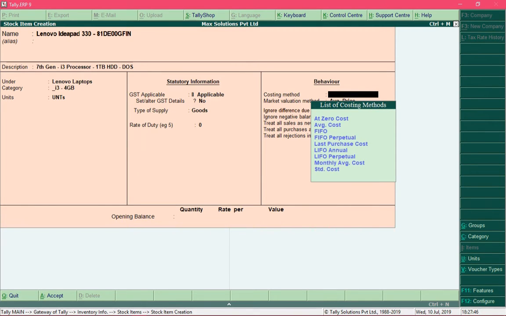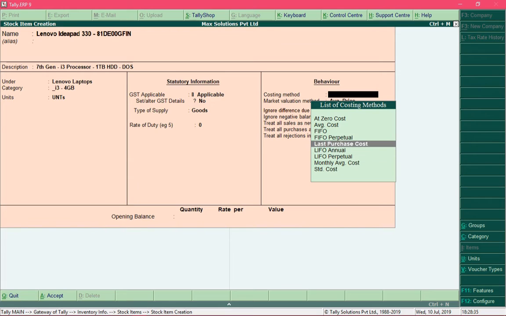In this field, you need to specify one of these costing methods. So specifying a costing method would determine the price of the goods that Tally needs to consider at the time of calculating profit. So let's take an example. So assume that this product cost 100 rupees, and after 2 days the same product would cost 110 rupees. So we need to tell Tally what price it needs to consider in order to calculate the margin. These are the methods which will determine the cost of your product.